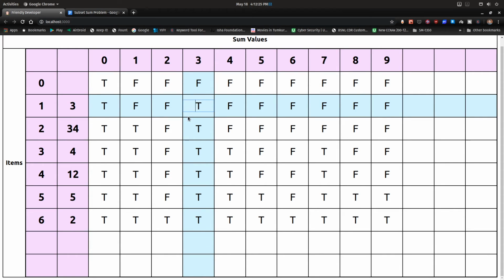Okay, so every time that we go on filling the values in any row, we need to look at the previous row, meaning how was the state of the system before we filled this row. This is equivalent to looking at the previous row when we were taking an entire table of memory.